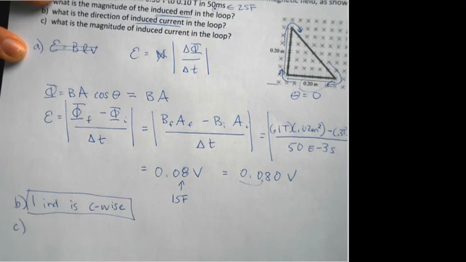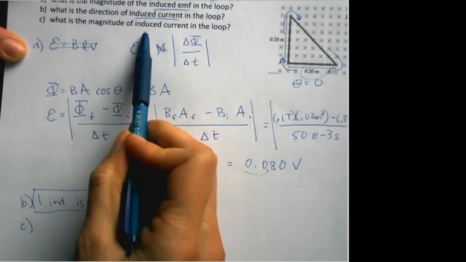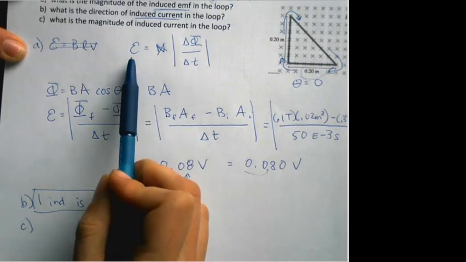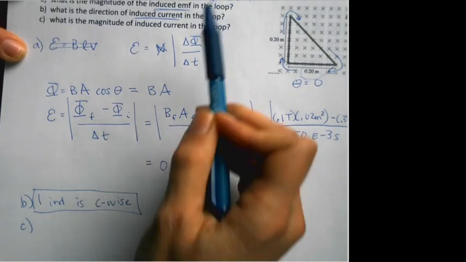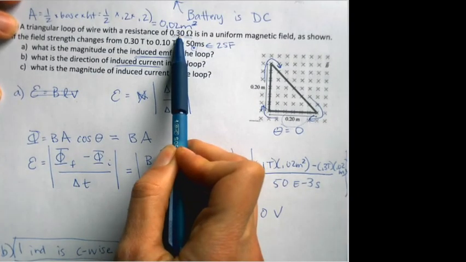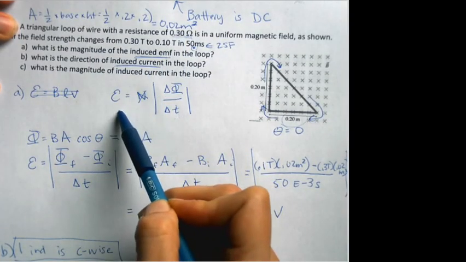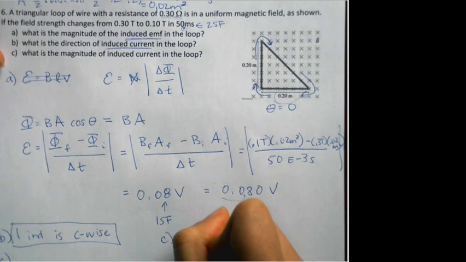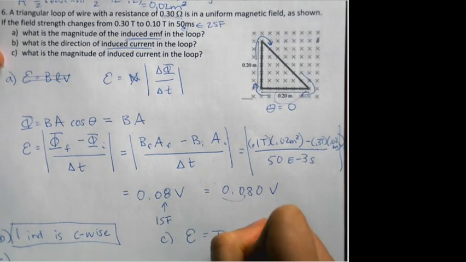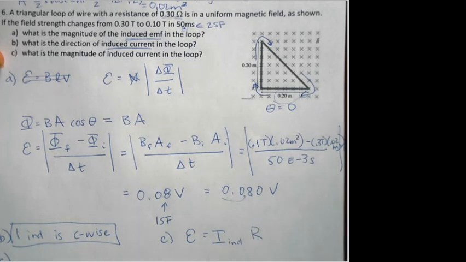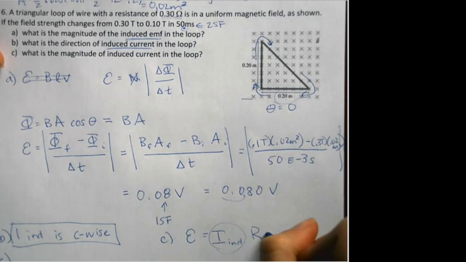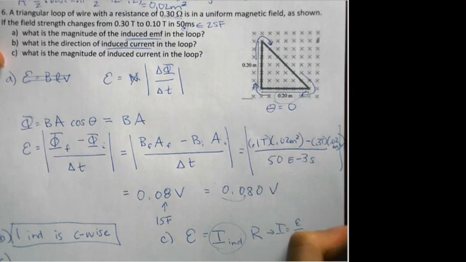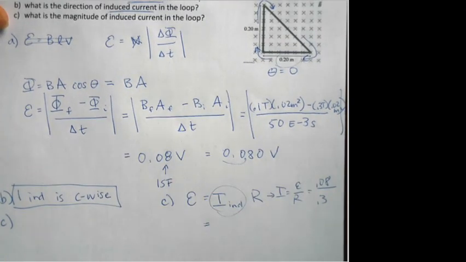And last but not least, we want to figure out the magnitude of the induced current in the loop. I know the EMF, that is a voltage, and I know the resistance in the wire. That is 0.3 ohms. So V equals IR, Ohm's law works here. So for part C, we'll say that the EMF is I induced times R from Ohm's law, and we'll just solve for I and get that I is E over R, which is 0.08 divided by 0.3. And 0.08 divided by 0.3 is